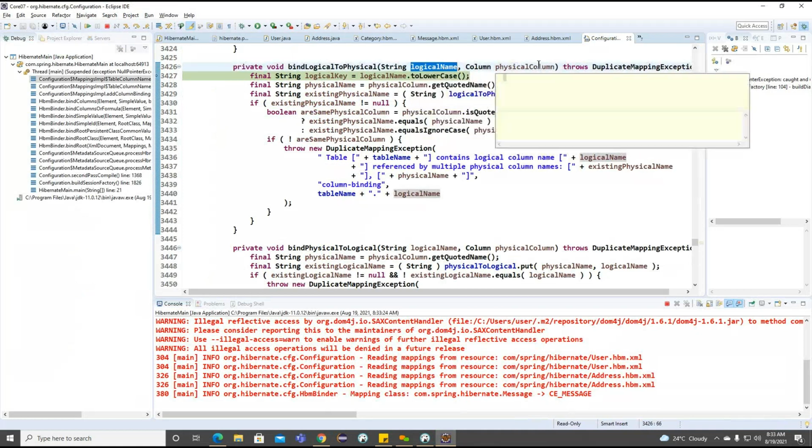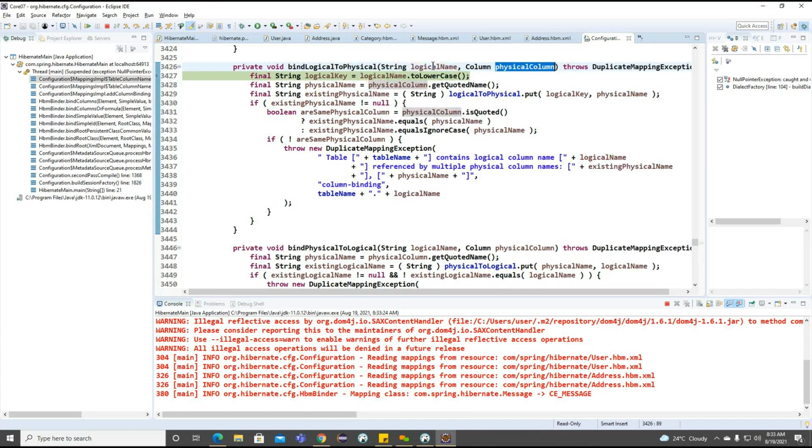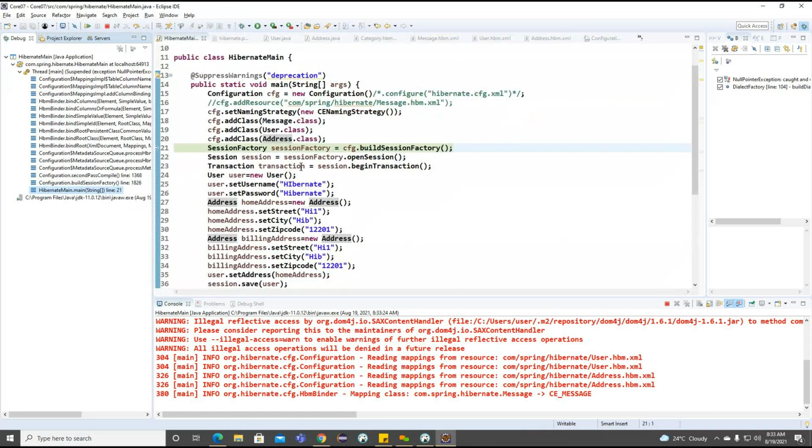So logical name we are getting. So physical name we are getting, message ID. Okay. So from where is it coming here? Okay. CFG.